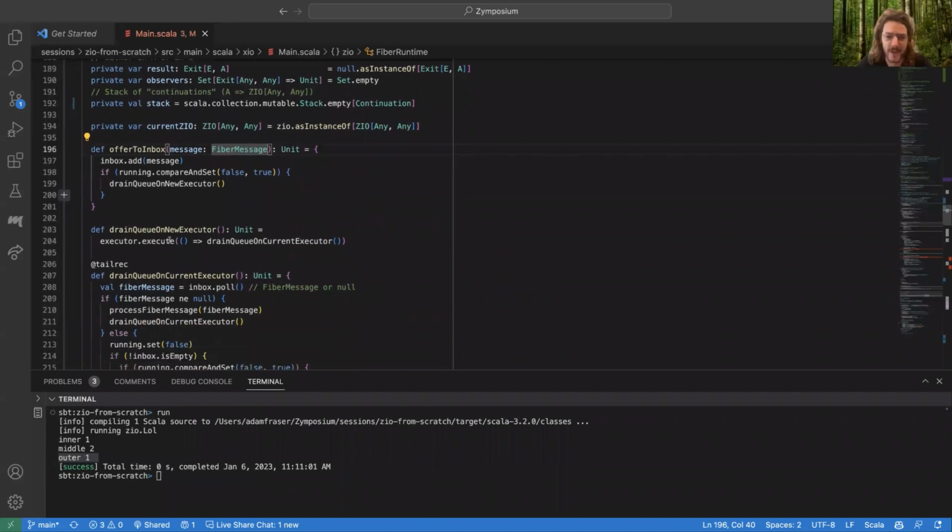And that's to handle these two race conditions, where either two different threads offer a message simultaneously, and then you execute the ZIO twice, which would be very strange when you want it only once, or one submits it the second something stopped running, and therefore no one executes that message. So you want to make sure that each message is processed, but only once. So we sort of need to balance that with this atomic Boolean in this concurrent mutable queue.